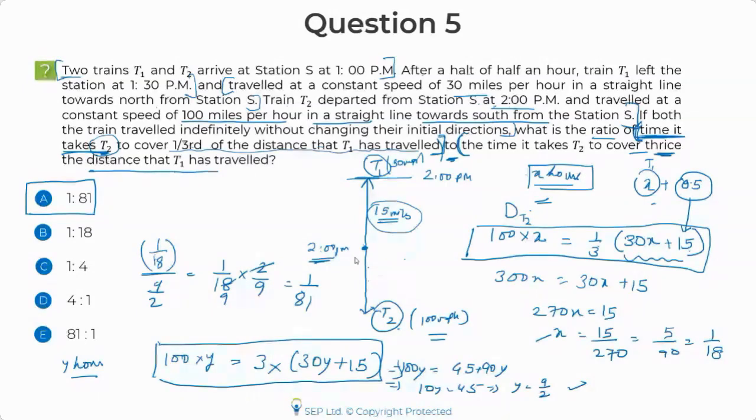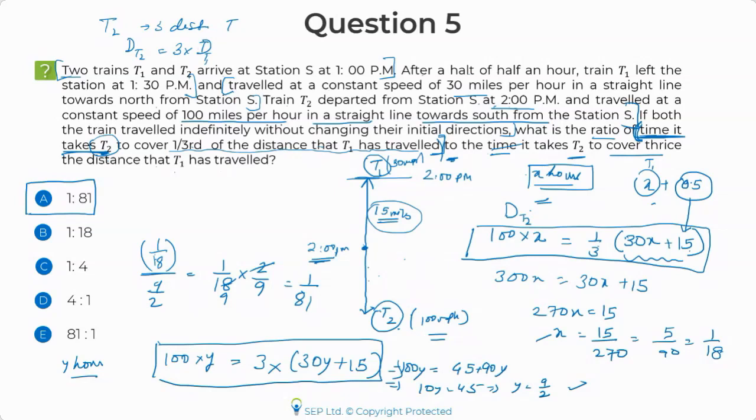John, we are equating it because we are translating it. Time taken to, how do you translate stuff like this? Do you read it like this? I need the time it takes, forget the time for a moment. T2 covers thrice the distance that T1 has traveled. So if I say T2 is covering thrice the distance covered by T1, what will I write? Distance covered by T2 has to be thrice the distance covered by T1, right? This is how I'm going to write it. That is why I'm equating the distance.